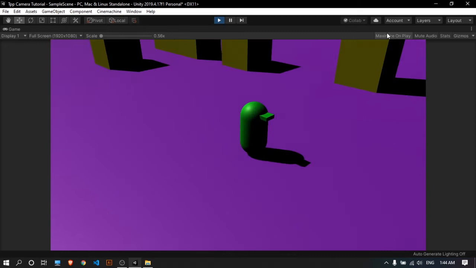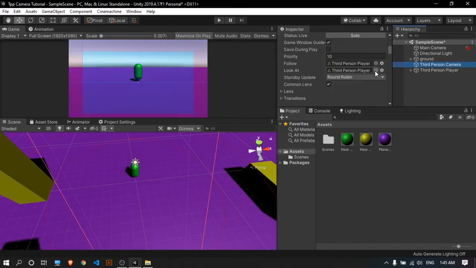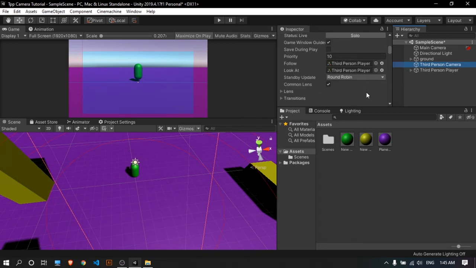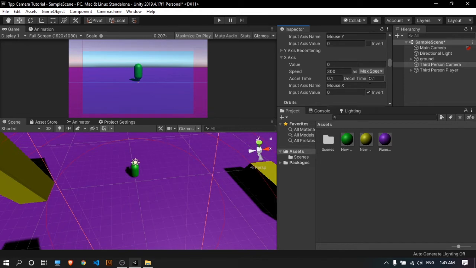So for that, what we need to do is go into the third person camera, and we need to invert our y-axis. No, we don't need to invert our y-axis, but sometimes your x-axis might be inverted, so we can just change that to not inverted, or untick the inverted box on the x-axis.